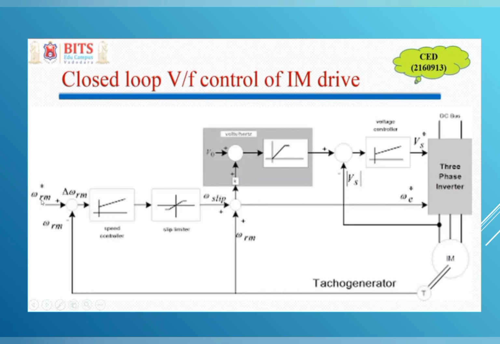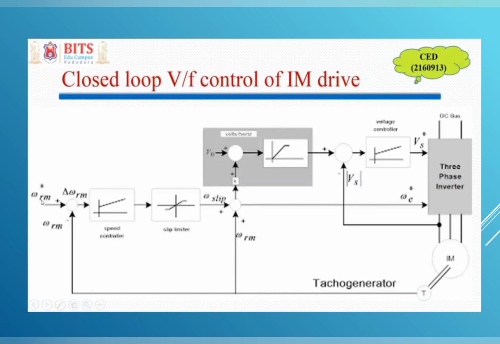The desired frequency F star is converted to omega star by multiplying it with 2 pi. Then omega star is integrated to get omega t star. With its desired voltage V star and angle omega t star, we are able to get three sinusoidal signals for the PWM control circuit. To avoid confusion, first convert into two sinusoidal signals V alpha and V beta, which will have a 90-degree phase shift.